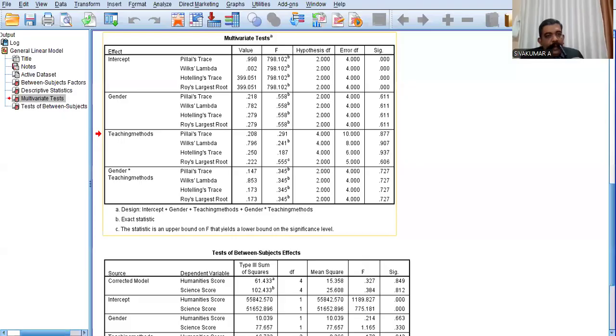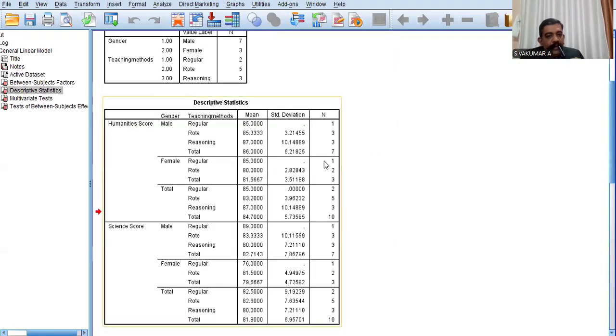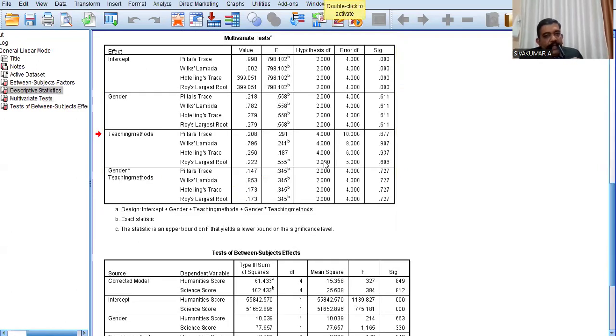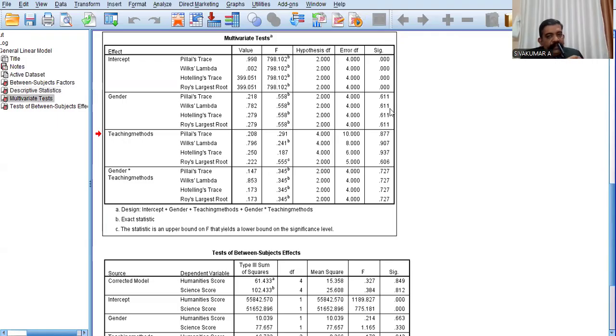Yes. There are so many tables available, such as between subject factors and descriptive statistics, but the most important one, your interpretation is based on the multivariate test table.